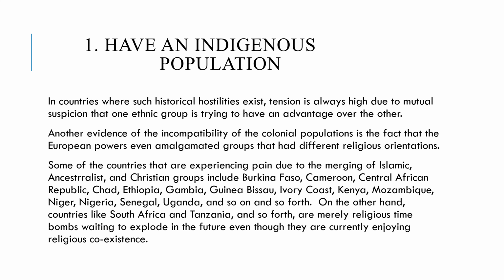In countries where such historical hostilities existed, tension is always high due to mutual suspicion that one ethnic group is trying to have an advantage over the other. Another evidence of the incompatibility of the colonial populations is the fact that the European powers even amalgamated groups that